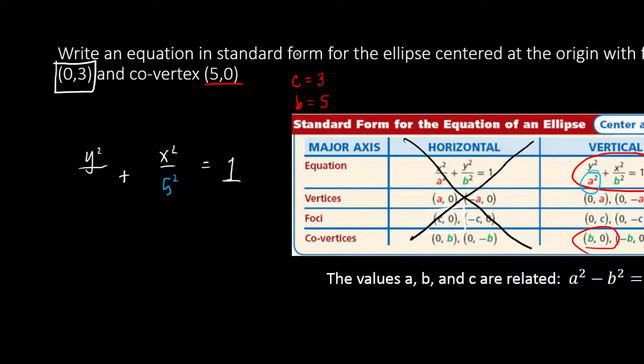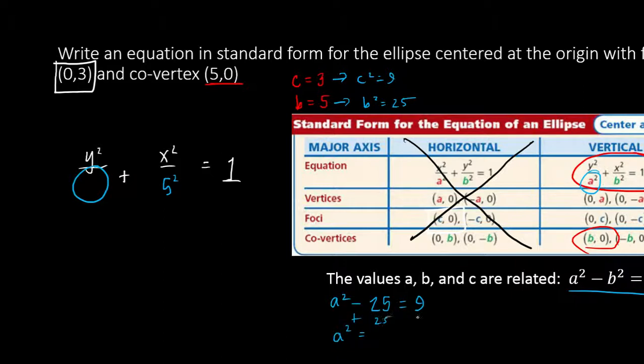But I don't have a, I have b and c. So how am I going to identify what a is? Well, remember that my values are related by a squared minus b squared equals c squared. So I'm going to have to use that to find a. So a squared, I don't know, minus b squared, so b is 5, so b squared is 25. So a squared minus 25 equals c squared. c is 3, so c squared is 9. a squared minus 25 equals 9. Solving for a, I add 25 to both sides. I find that a squared equals